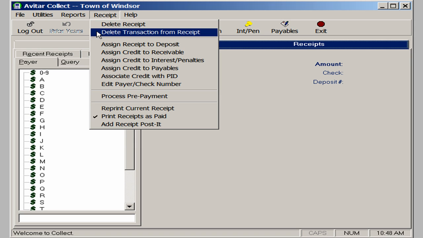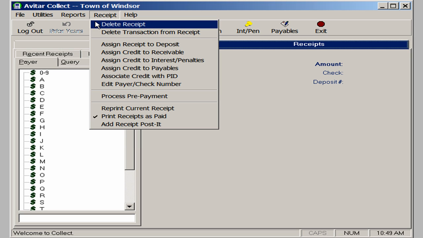The delete transaction from receipt says, no, the money is at the bank and it's correct. It has just been posted to the wrong invoice. So we need to take it off of that invoice and apply it to someone else. With that in mind, what I want to talk about is the latest update, where you can actually call us, we'll log in, and we can actually delete a receipt or a transaction from a receipt that happened in your